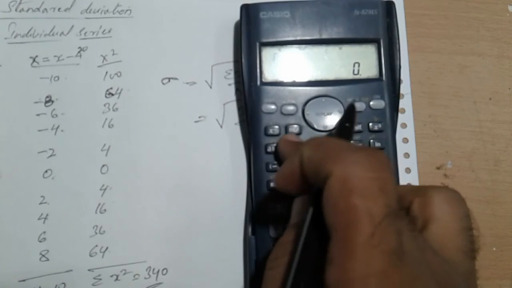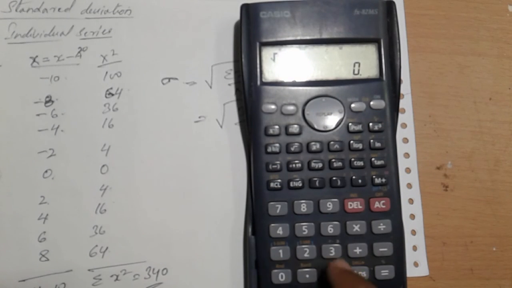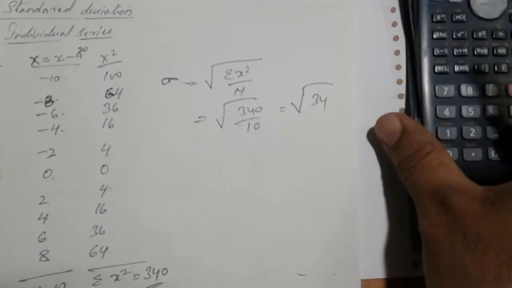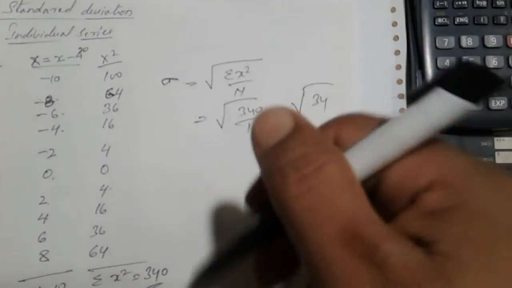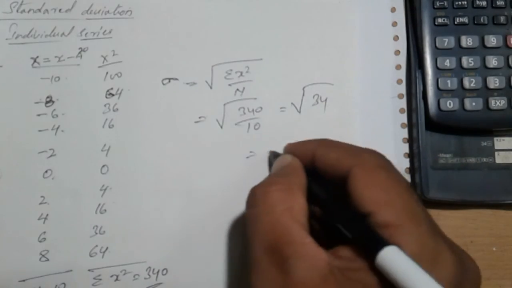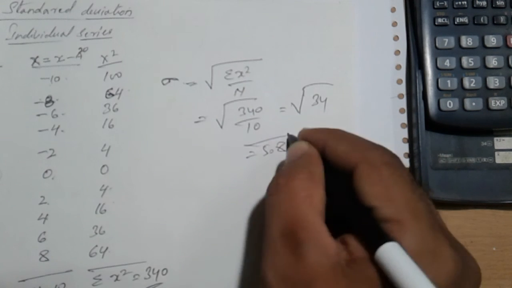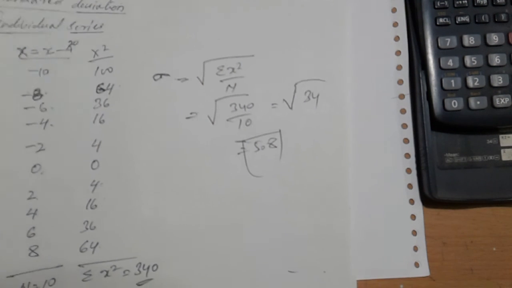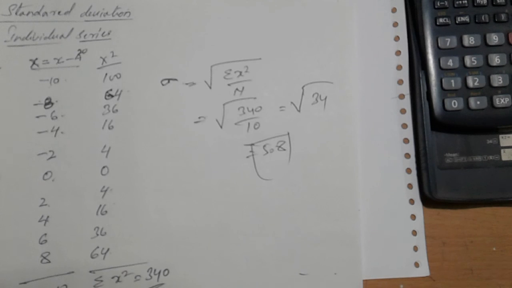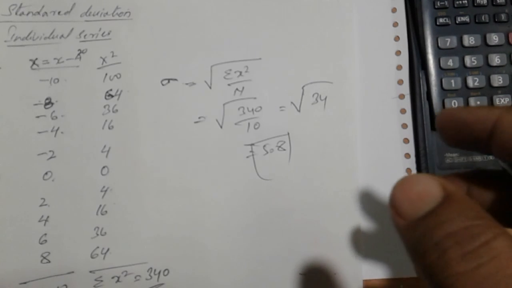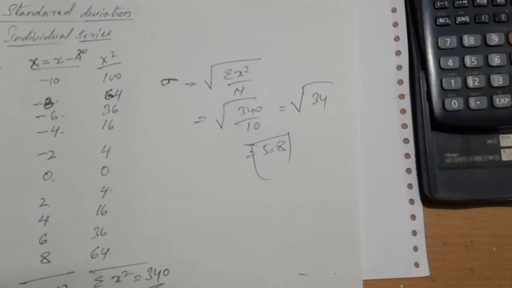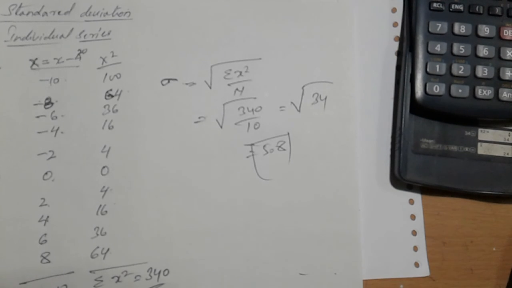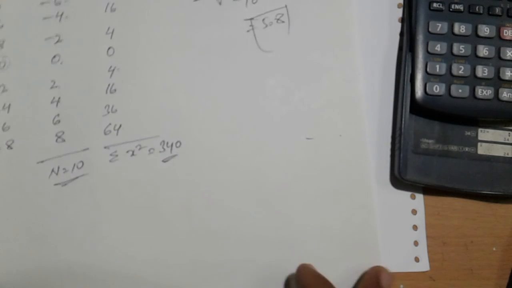Under root 34 is 5.83. How much are we getting? 5.8. Okay, this is the answer in individual series. If it is a discrete series, how can we calculate it? For example,